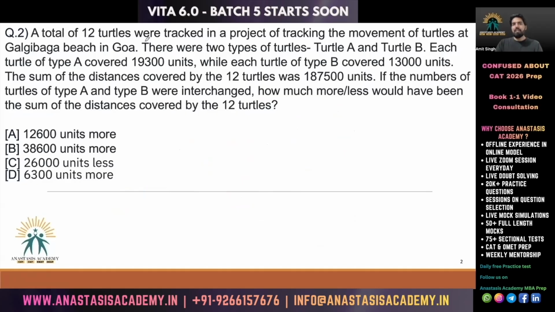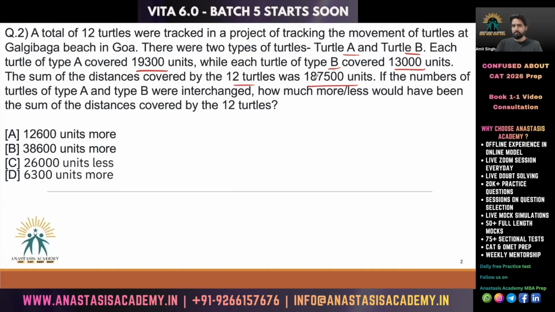A total of 12 turtles were tracked in a project of tracking the movement of turtles at Galgi Baga Beach in Goa. There were two types of turtles, turtle A and turtle B. Each turtle of type A covered 19,300 units, while each turtle of type B covered 13,000 units. The sum of distances covered by 12 turtles was